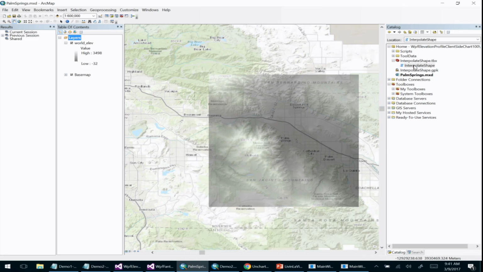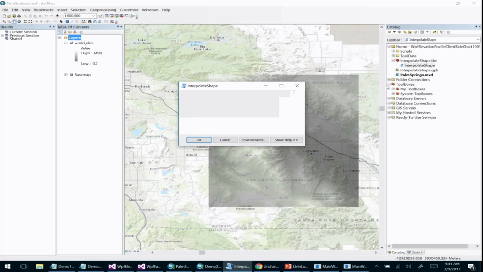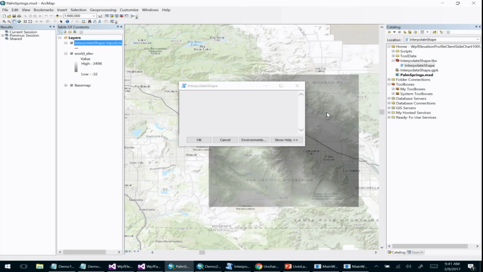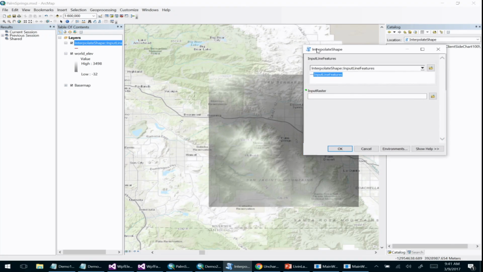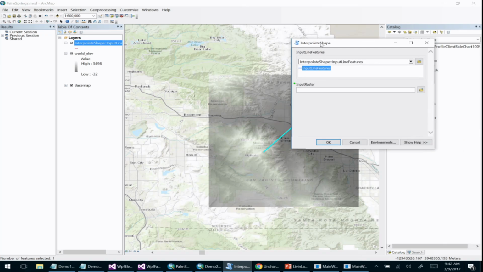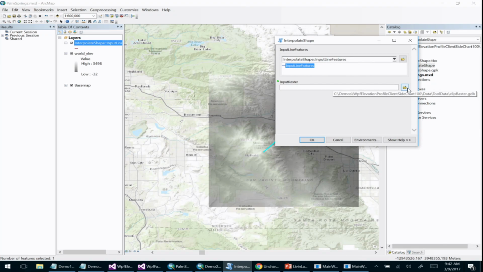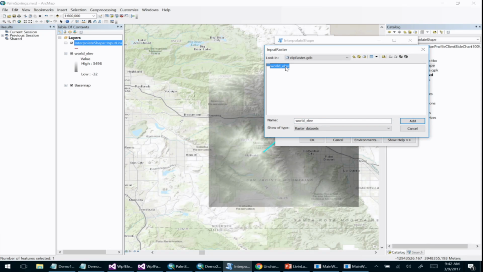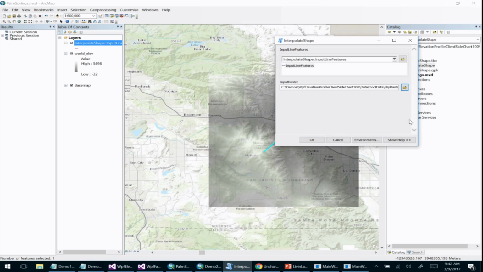So having imported that script to a toolbox, if I open it up, the ArcGIS framework auto-generates the user interface for that. So it shows me that there are two inputs required, and again, I can draw the same line across the terrain there. Now, in this case, it's requesting an input raster because I thought for my geoprocessing script, I might want to be able to choose the input raster. In this case, I'll just browse for the raster data set that I've got within a file geodatabase on the disk here